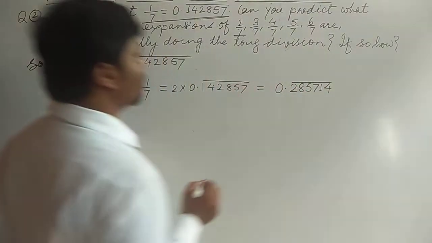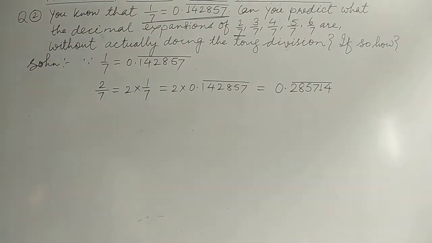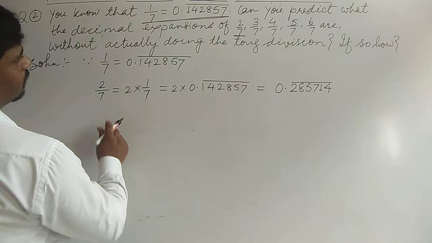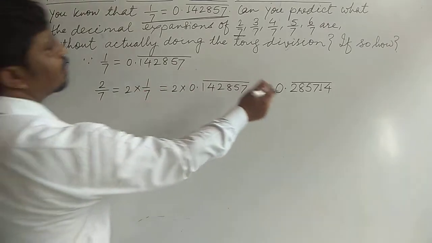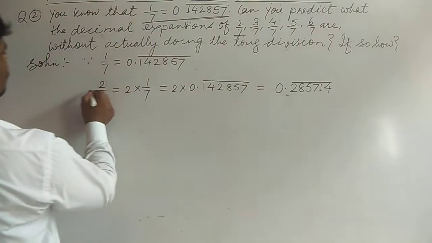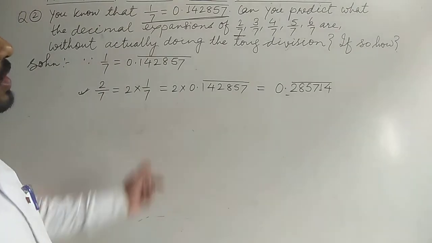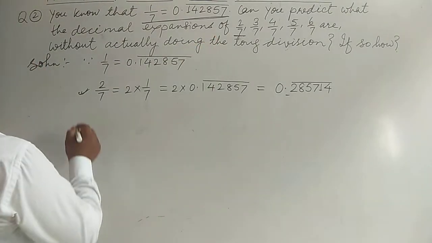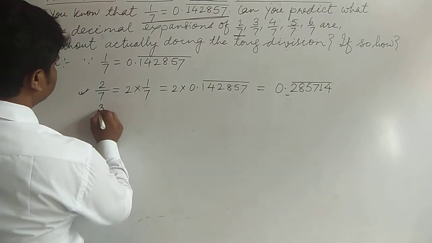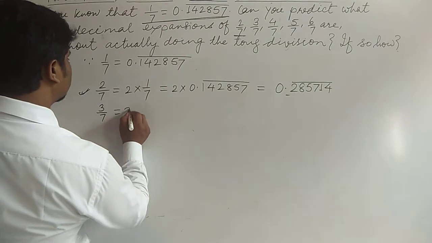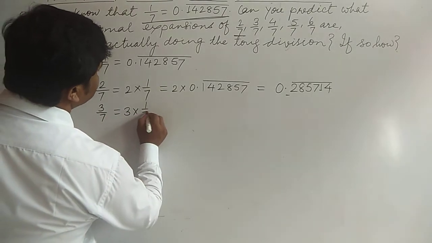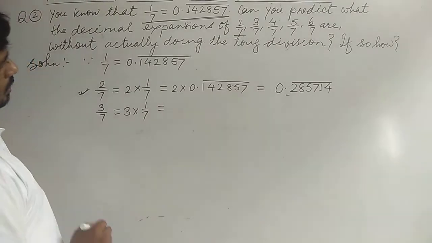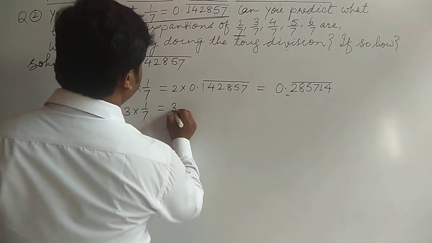So this is next. Without dividing, we got this value of 2 by 7. In the same way we will find the value of 3 by 7. 3 by 7 equals 3 into 1 by 7, and what will be 3 into